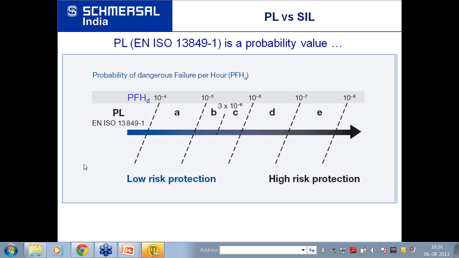Suppose a limit switch which is used on a door guard doesn't have its own level of safety. But the safety relay has its own safety level. The limit switch is not an intelligent device, but a safety relay is. And in good practice you will never put a limit switch without a safety relay. If you put both of them, then you have to find out the level of the whole system and not only the individual components.